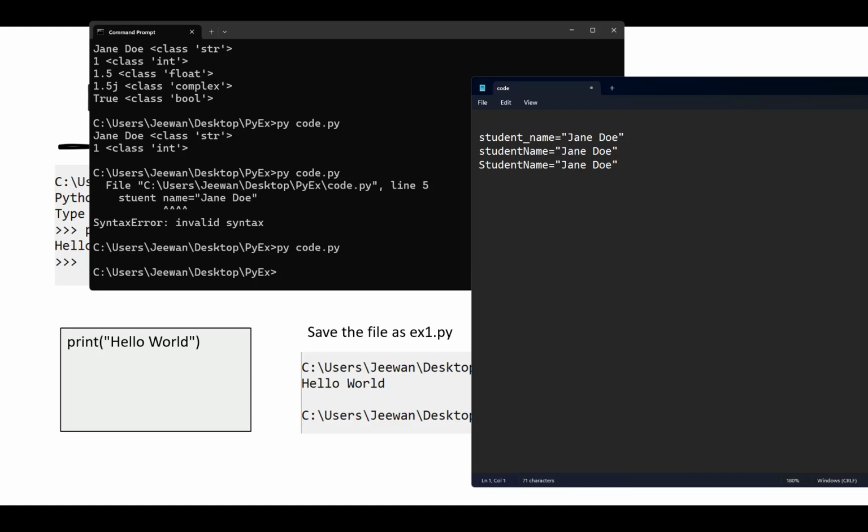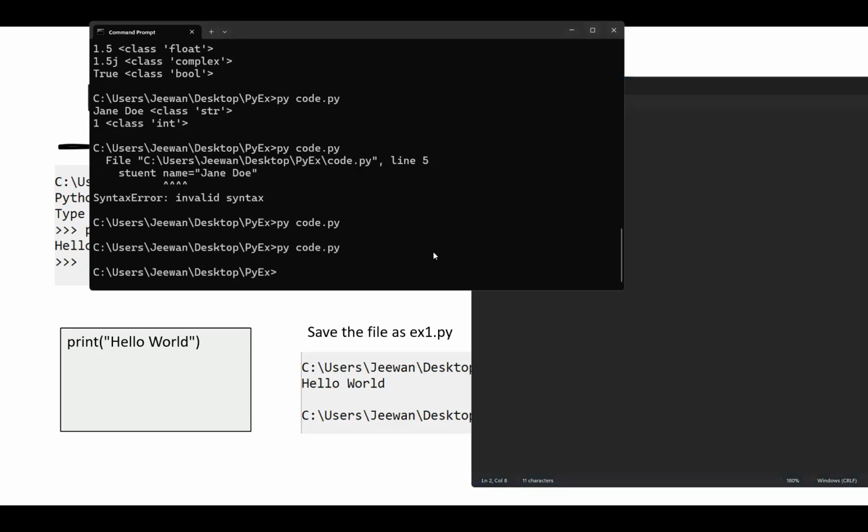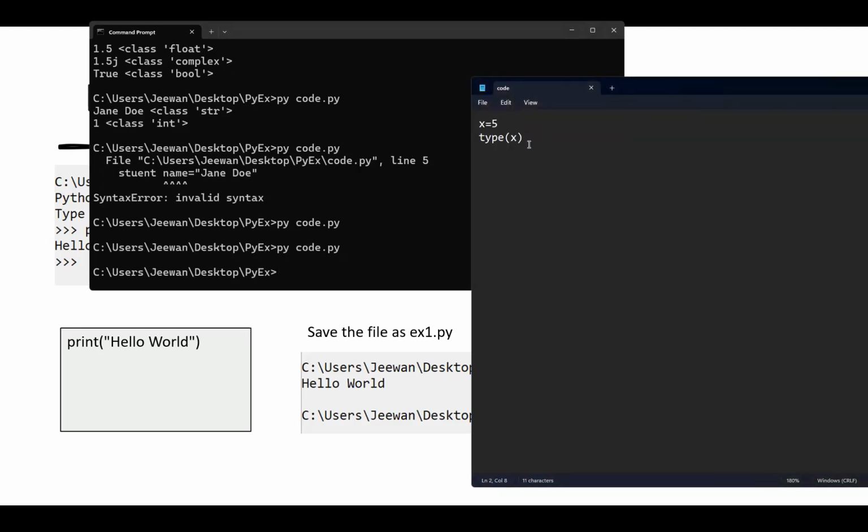Now, if you want to get the type of the variable, let's say x equals 5, there is a method called type. Inside the type, you could put x. Okay. Now, if you run this, it won't display anything because the type method is returning the type. It is returning the type. Therefore, if I want to get it,